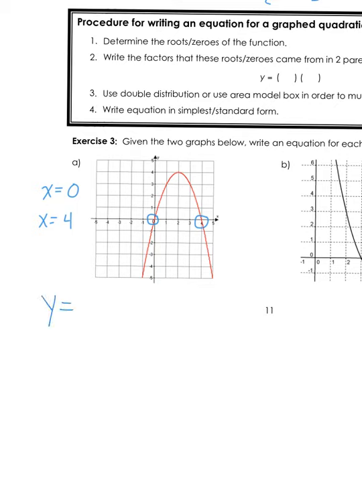We're trying to come up with an equation, so I want to start with y equals. Now, what would the factor be if it was x equals 0? Well, whenever I have an x equals 0, my factor is